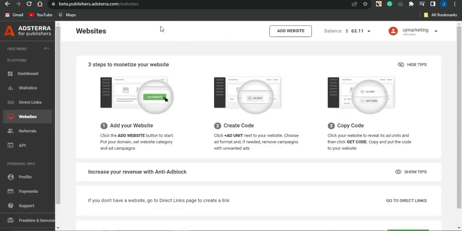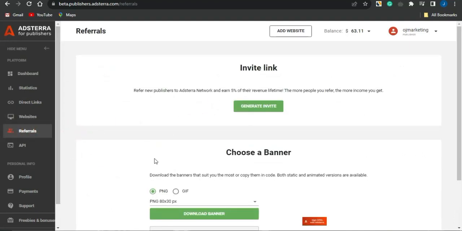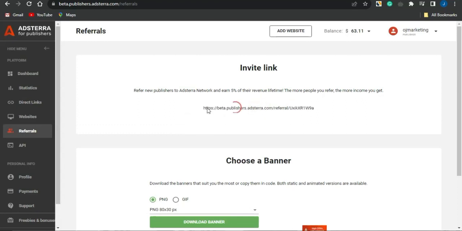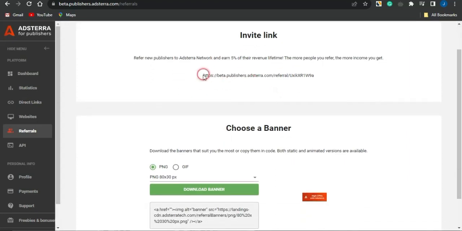And the first way which you can go self-clicking and maybe complete your offers yourself is to go onto the referral section right here, and you already have an invite link in this section. You could just click on generate invite right here and you'll be able to get an invite link. As you can see, you refer new publishers to Adsterra and earn 5% of their revenue for life. So guys, if you're referring new individuals, you can simply come right here,